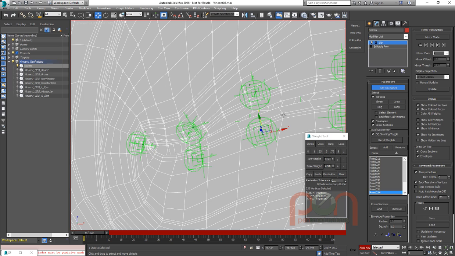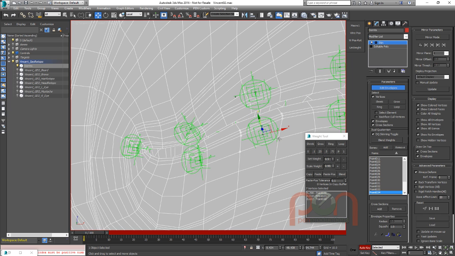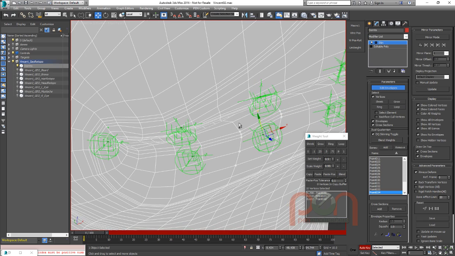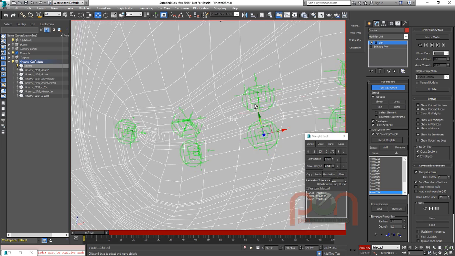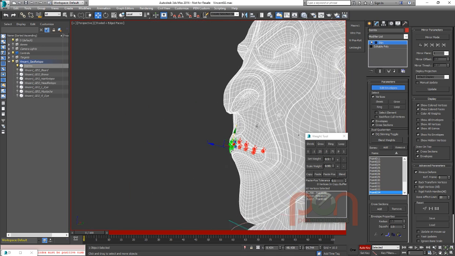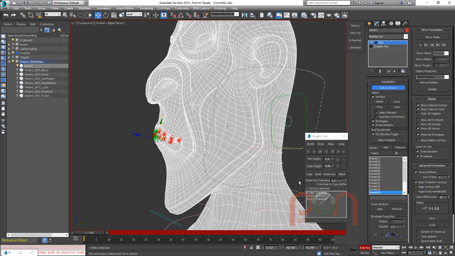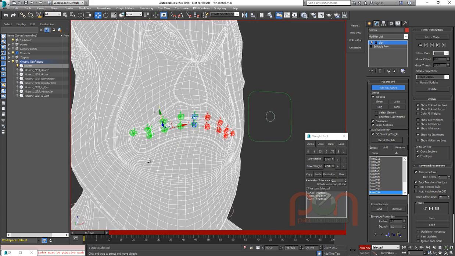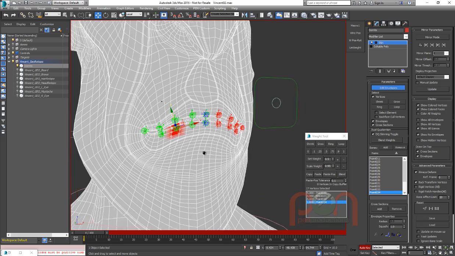grabbing some verts in the area. We could even just do it manually here and grab a bunch of verts. We didn't want to accidentally pick all the way through or something, and we wouldn't be getting necessarily everything we want on the other side. So I kind of like just grabbing an area, deselecting again, making sure I'm not picking through, giving it a weight of 1,